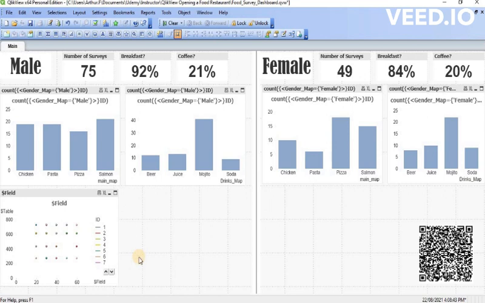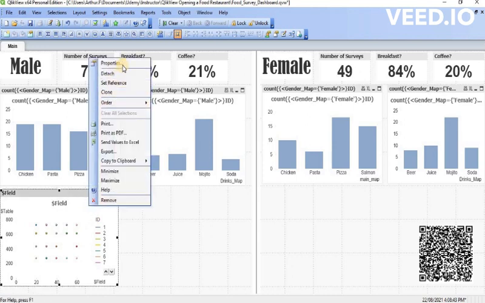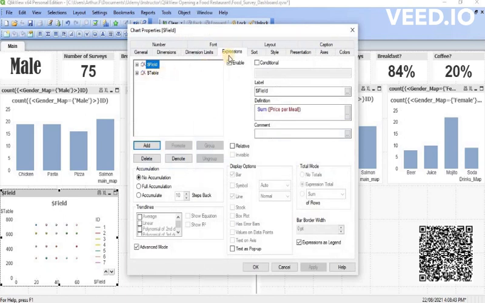do you notice anything that is different from what I have done in all the previous lessons? Yep, I missed a step to add in the set analysis to tell QlikView that we're only interested in all the observations related to male participants, right? So we're going to right mouse click and go to the properties, and in the expression tab here, we're going to add in the set analysis,